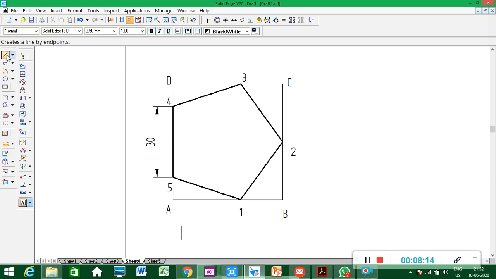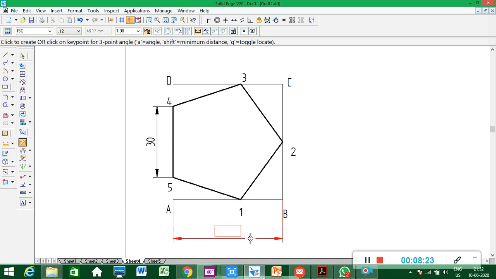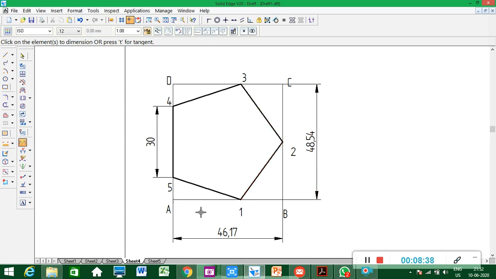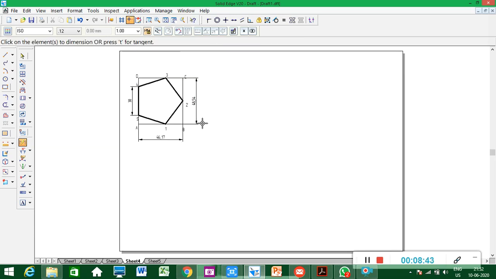Okay, so I'll measure the dimensions of the box, from here to here. It is 46.17. This dimension of the box, from this end to this end, is 48.54. Here I am doing it on the computer, that's why I am measuring it. But with a compass, manually you have to transfer the measurement by compass. AB you transfer by compass, BC you transfer by compass. So after drawing this pentagon, this is enough. In an examination also you have to draw the isometric with a compass, because this is required.